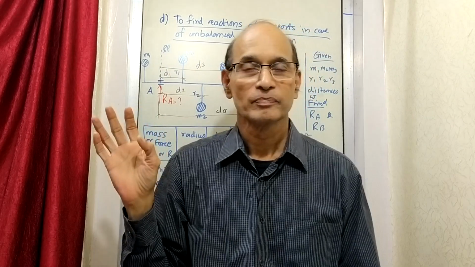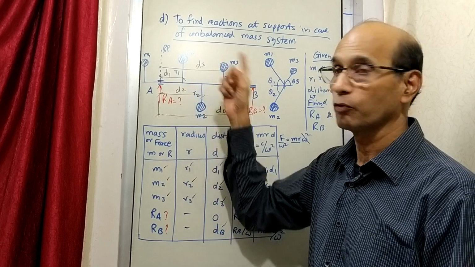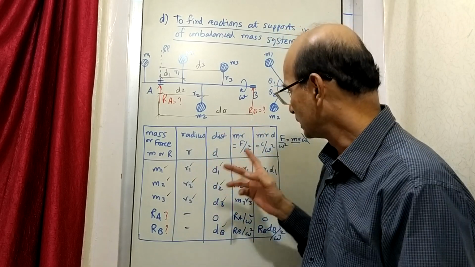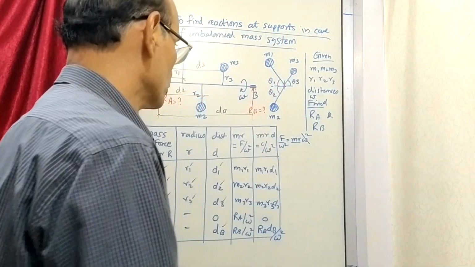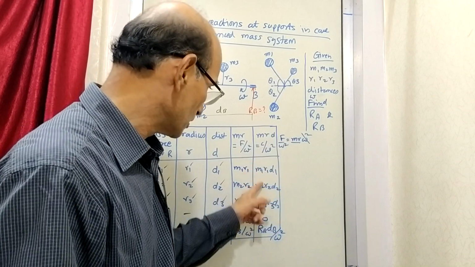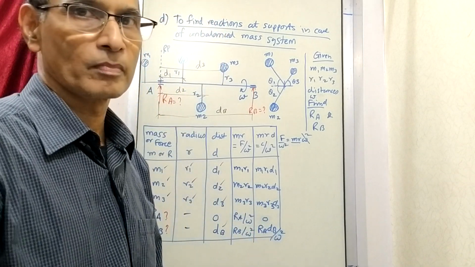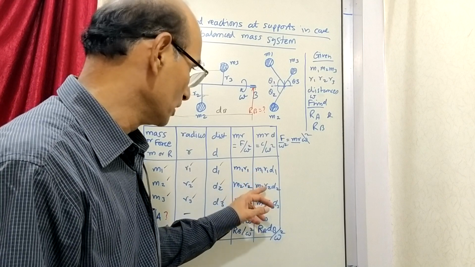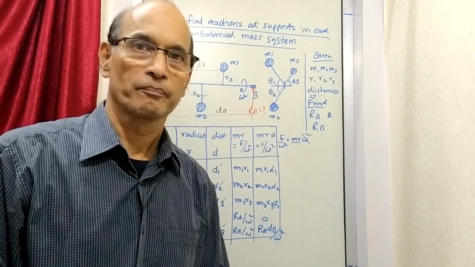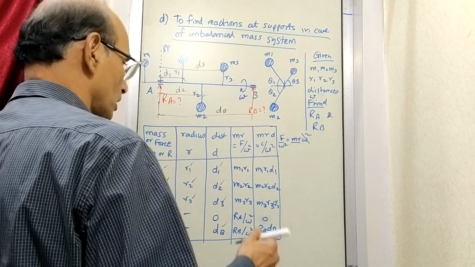So everything is balanced. If you try to add the vectors corresponding to the forces and couples, then that polygon should be a closed polygon. So right now, here you are writing all the values of MRD, which is similar to couple. So these vectors should form a closed polygon. That means if you try to represent this vector plus this vector plus this vector plus this vector, then it should be a closed figure. So what do we do now? We start with the couple polygon.